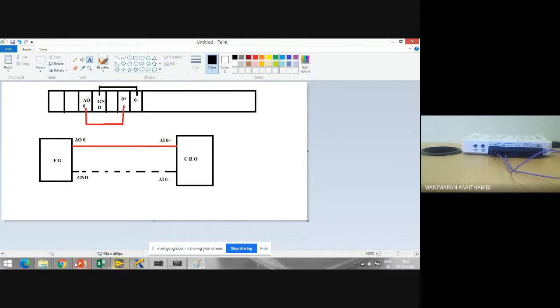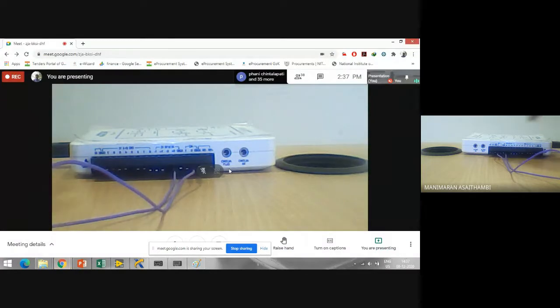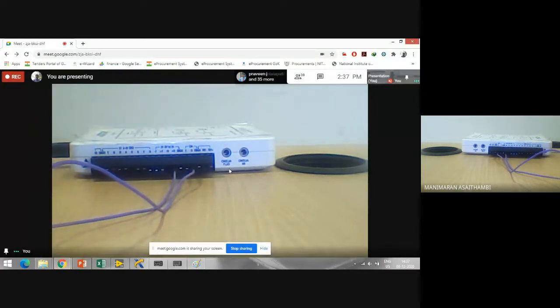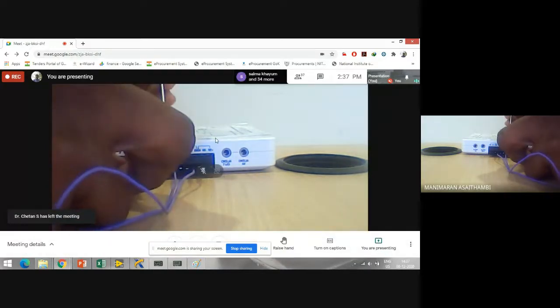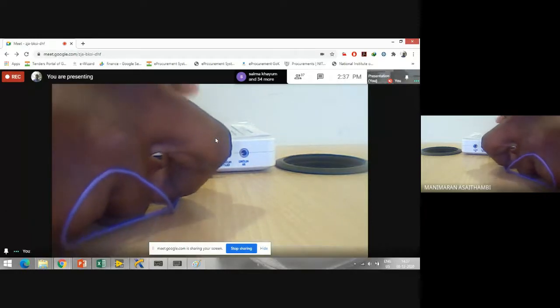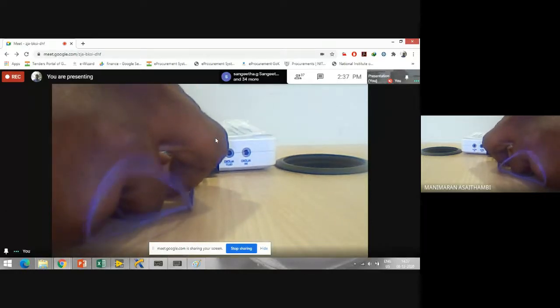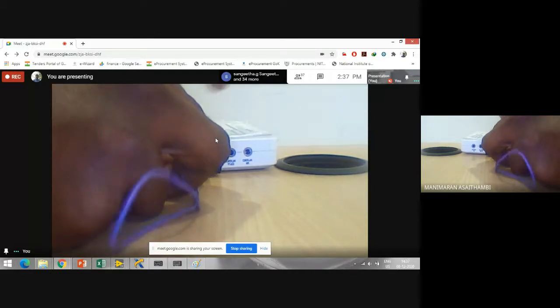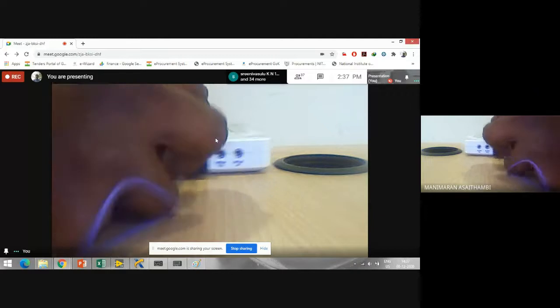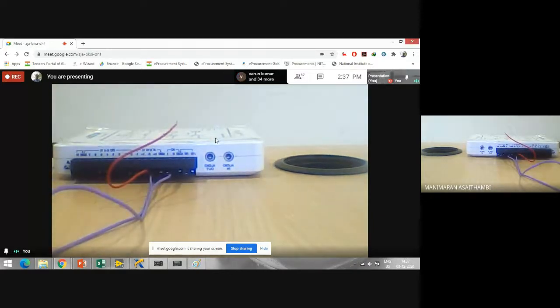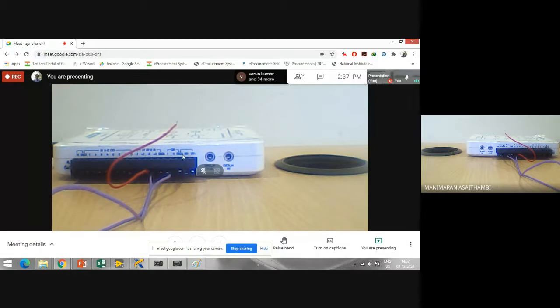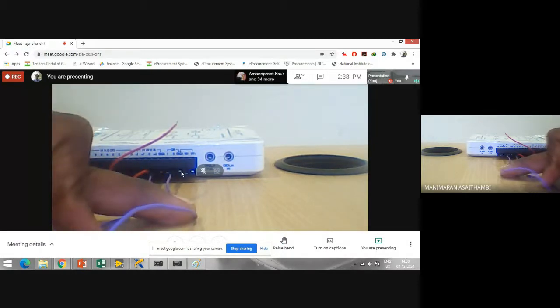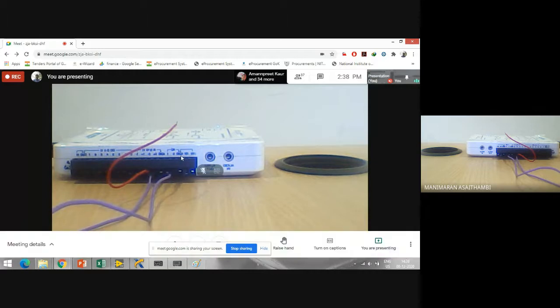So now, as of now, what I have done here is only one connection, analog out to channel 0 plus. So now I have to short the other terminals, so ground to the reference here. So what I do is, I take one wire from 0 minus, I connect it to ground. So let me not connect this. I'll show you the reason why we have to connect this terminal 0 minus. Already we have given positive to positive, right? So why again do we have to give that ground reference?